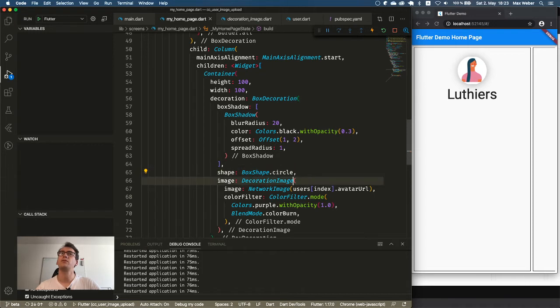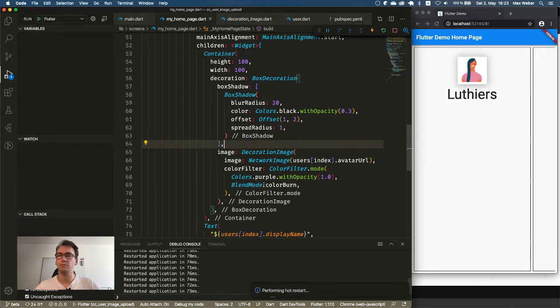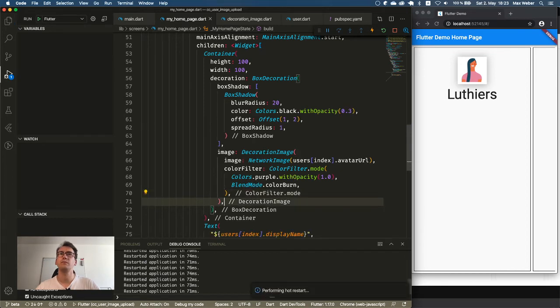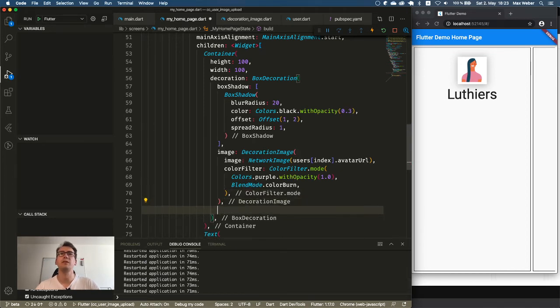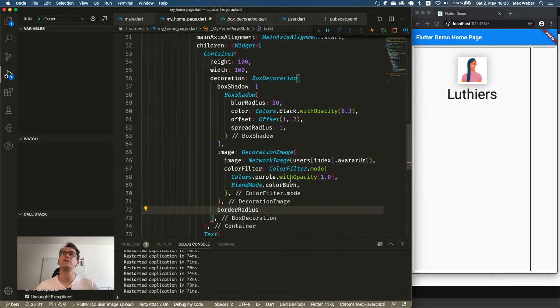Rectangle. No, I think circle is fine. But maybe circle is not circle enough. What I could try is I bring back the border radius. And for that I go here inside. Wait. Not inside the image, of course, but inside of the box decoration. And say border radius. And the border radius has the border radius geometry, which is BorderRadius itself.